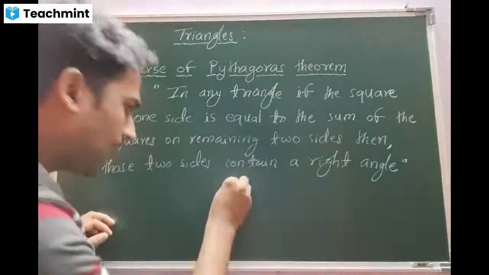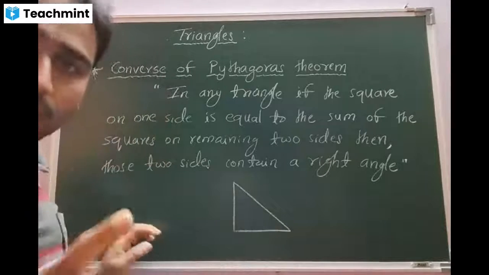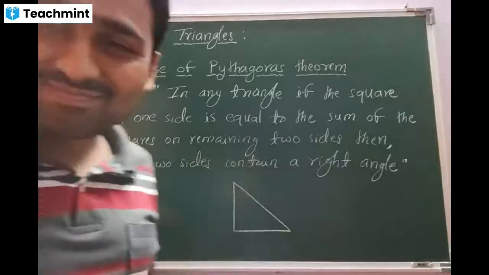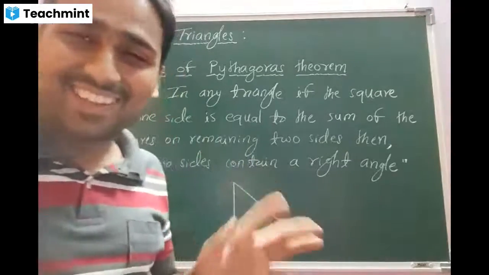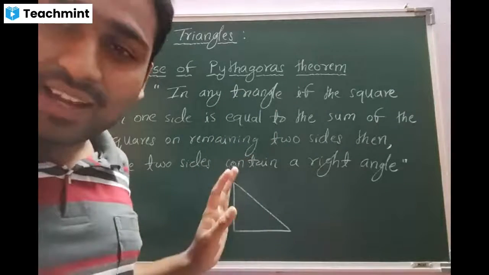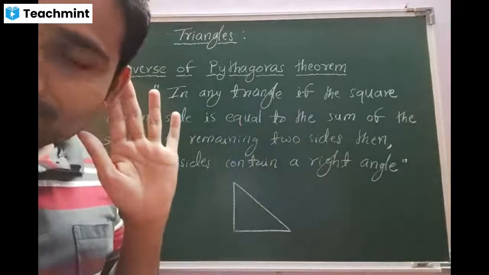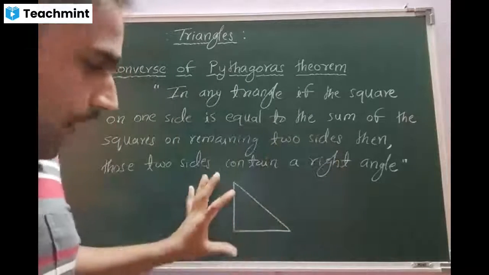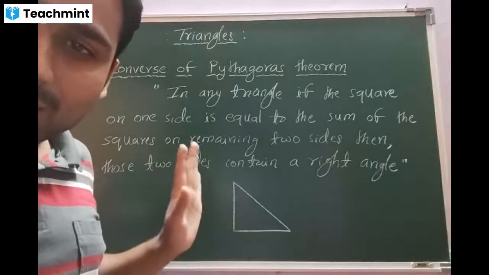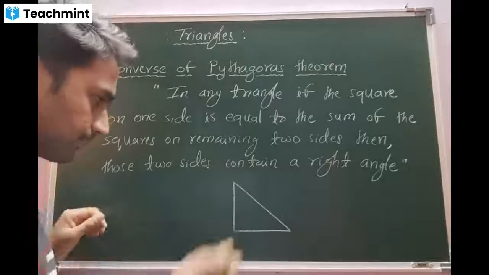We have to take any triangle. Beta, I said any triangle, but I'm taking the right angle triangle. Am I right? Yes, sir. The reason is simple. This is going to happen only in the right angle triangle, not in the other triangles. Okay, beta? Even though I draw a right angle triangle as a rough diagram, you should not treat it as a right angle triangle. At present, it is any one triangle. Okay, beta?